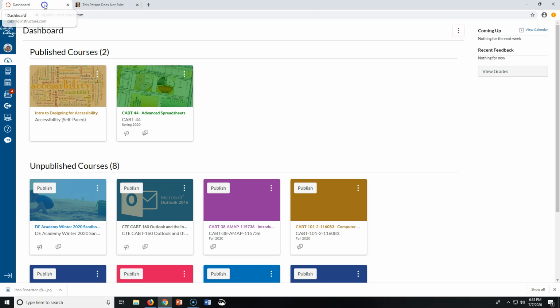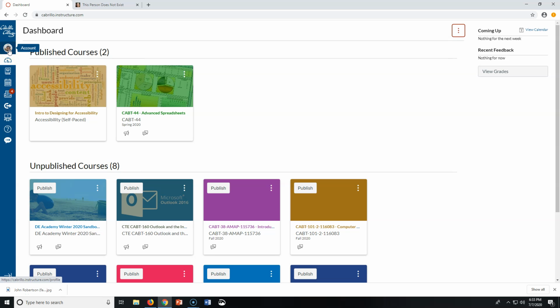Now I can go back to my dashboard, and this is the screen that you see when you log into Canvas. If it doesn't look the same, notice you can click these three dots right here, and you are probably on List View instead of Card View. I highly recommend Card View. I think it makes a lot more sense. It's just straightforward. But we actually are going to be navigating away from this, whatever it looks like.